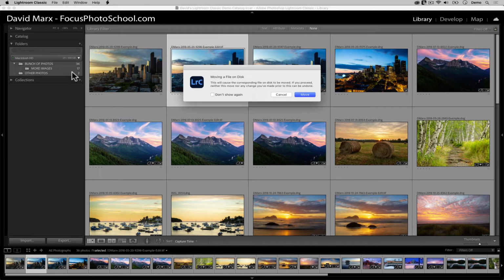When this message appears, Lightroom Classic is asking you to confirm that you are indeed wanting the program to move the original file, the file that this thumbnail represents, from one folder to another for you. This warning is not intended to scare you, but it's worth knowing that moving photos around is not something that we can instantly reverse using the Edit Undo command. Undo will not help you here, but this is no big deal.